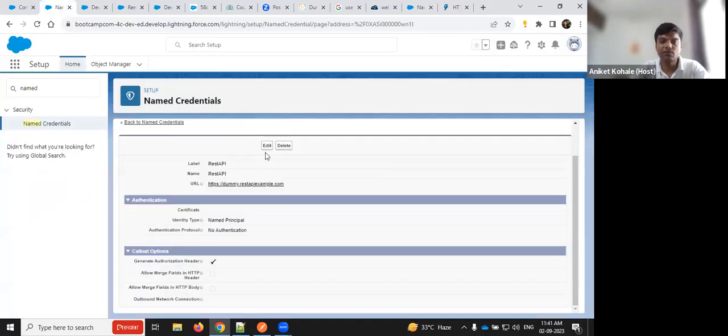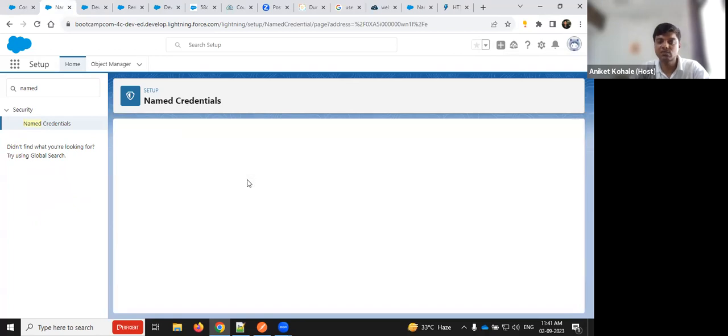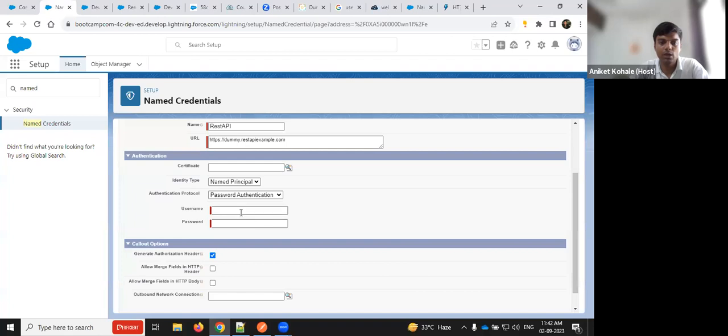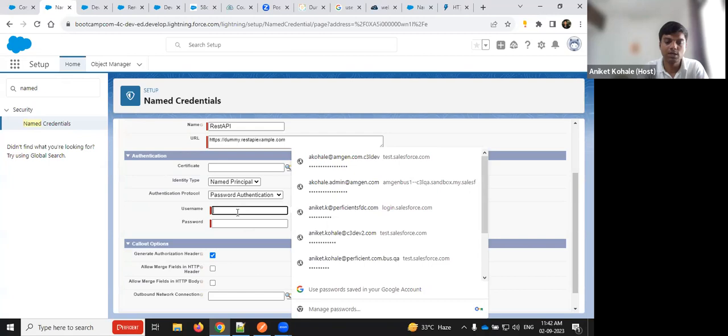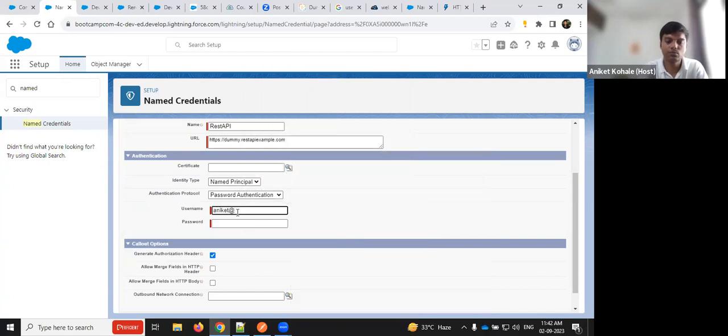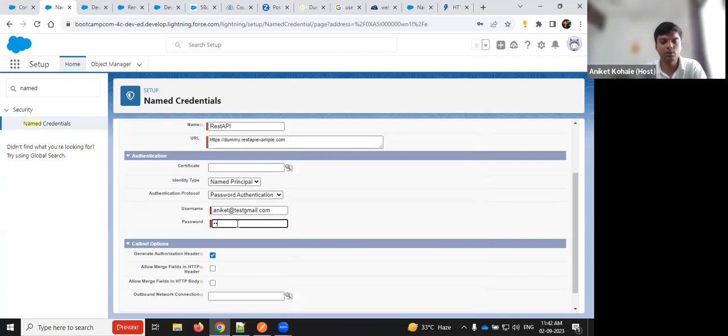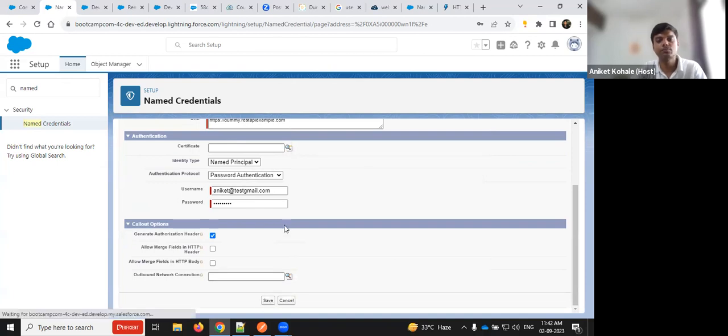And if I use any username or password based authentication, the password will also be hidden. For example, if I use password authentication, and let's say I'm using Aniket@testgmail.com, and I have put my password, let's say 1 2 3 4 5 6 7 8 9. This is just an example. And if I click save,